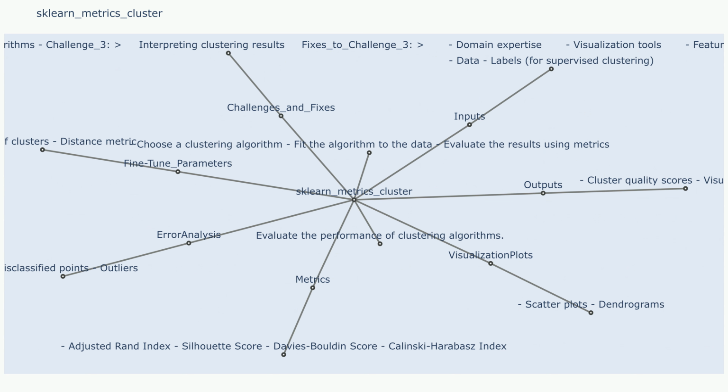Fixes to challenge 5. Dimensionality reduction techniques like principal component analysis (PCA) can be used to reduce the number of dimensions while retaining relevant information. Employ feature selection methods to identify the most relevant features for clustering. Use specialized algorithms designed for high-dimensional data like k-medoids.